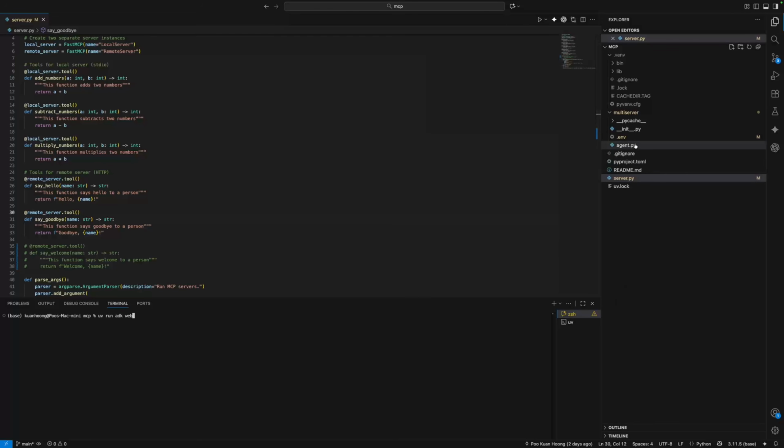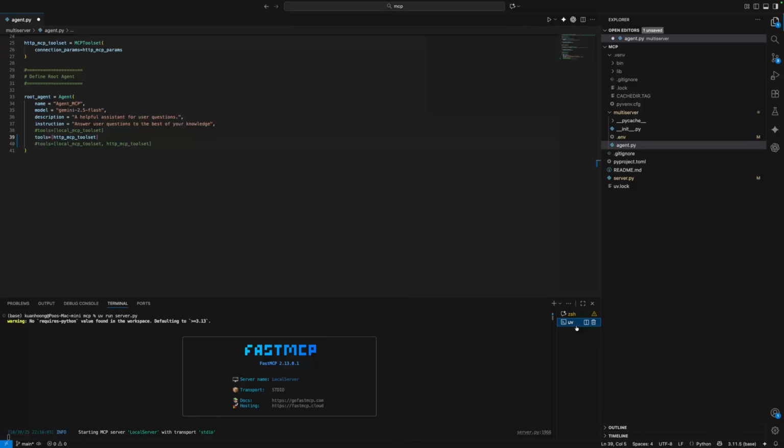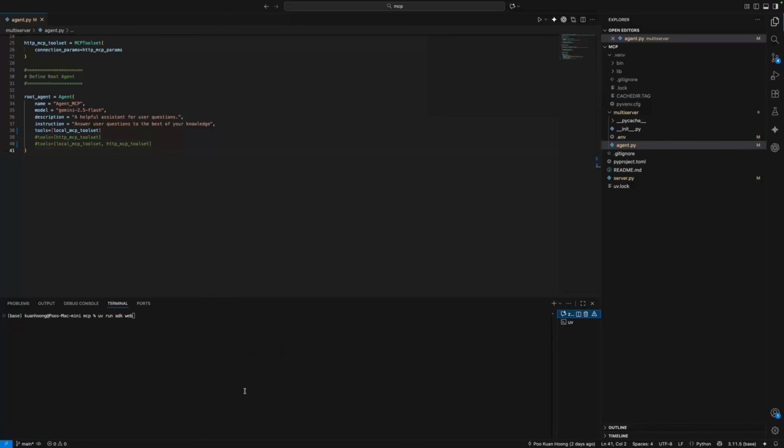Before that, let me show you an agent here. I only want to run my local tools. So this one. Local, okay. Now I'm just running my local tools here. So you can see the server started is stdio, that means running on local tools. Then if I run my SDK web,